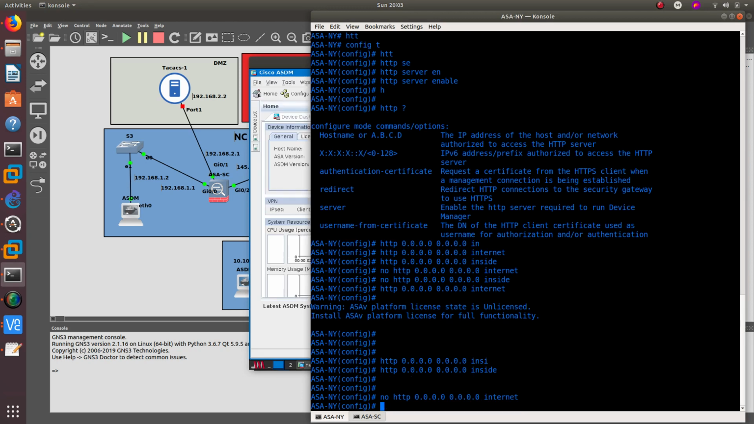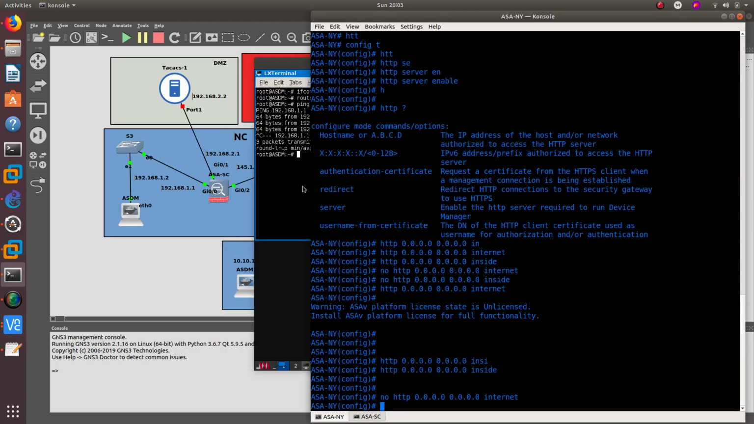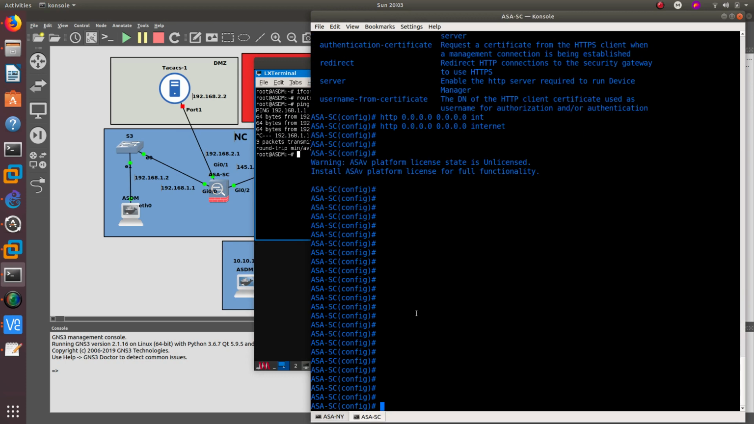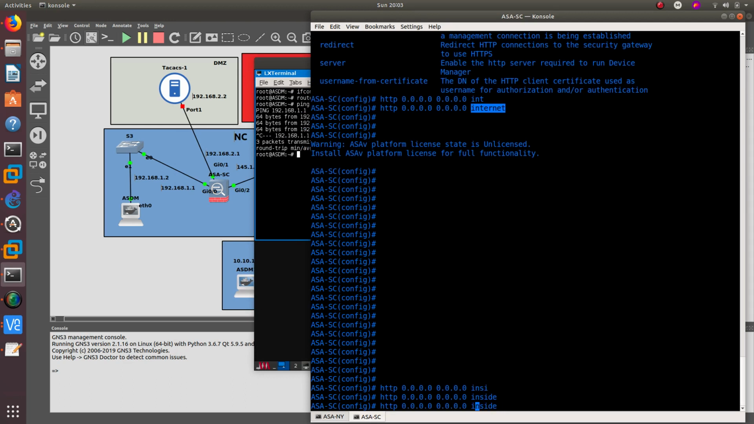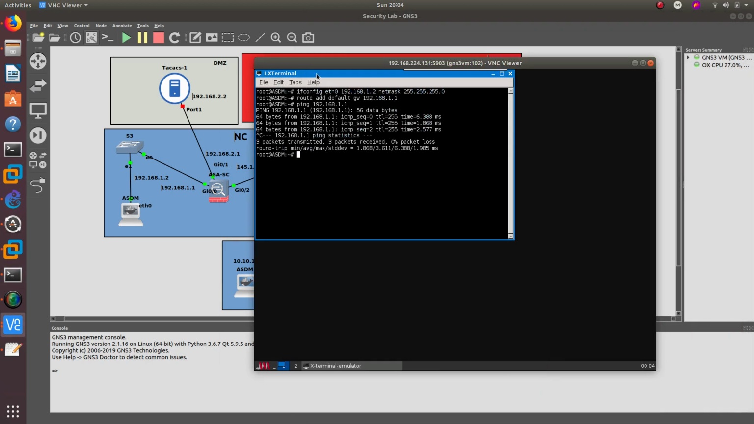So let's just go ahead and do no internet. There we go. So now we are able to launch it. So now what we need to do from South Carolina, instead of internet, it needs to be inside and put no internet. There we go. So that's good. So now from this ASDM,